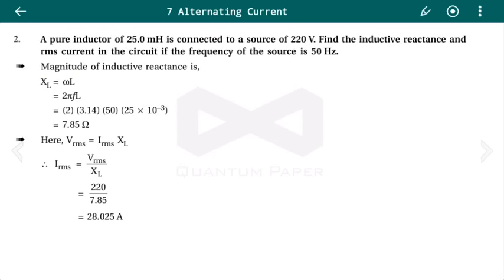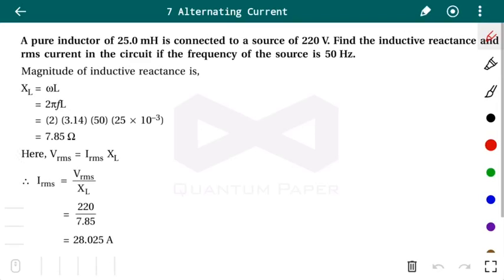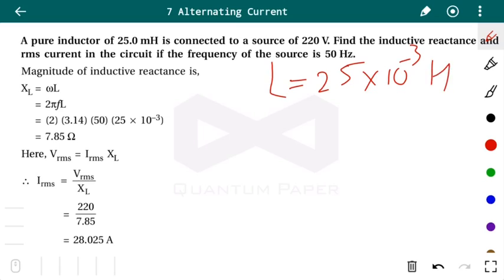Now numerical number 2. A pure inductor of 25 millihenry is connected to a source of 220 volt. Find the inductive reactance and RMS current in the circuit if the frequency of the source is 50 Hz. So here the given data is L equals 25 millihenry. Convert it into Henry, that is 10 raised to minus 3 Henry. Here the source voltage is given, which is nothing but the VRMS value, 220 volt. Inductive reactance we need to find, that is XL,